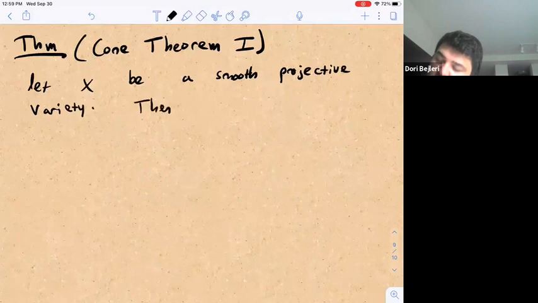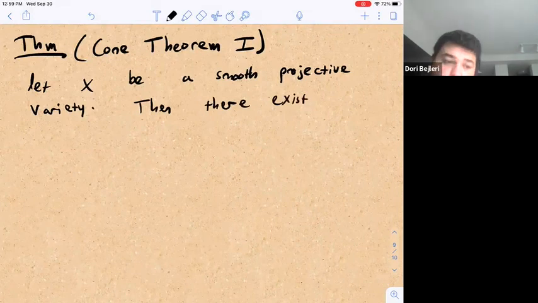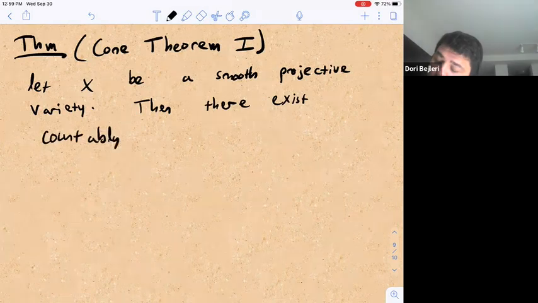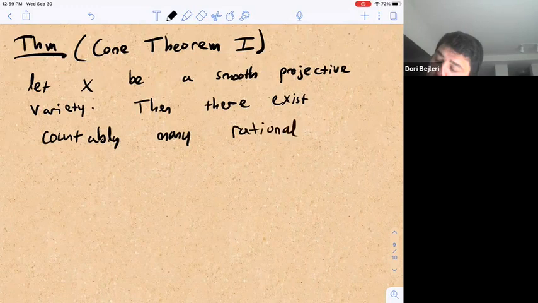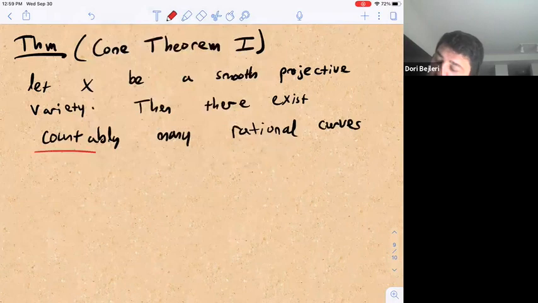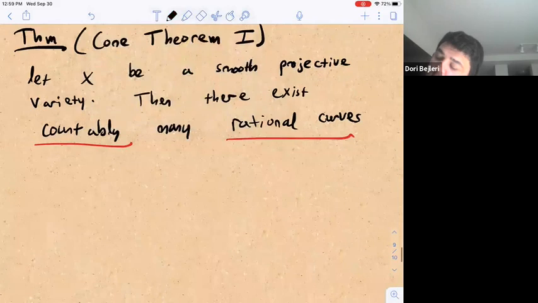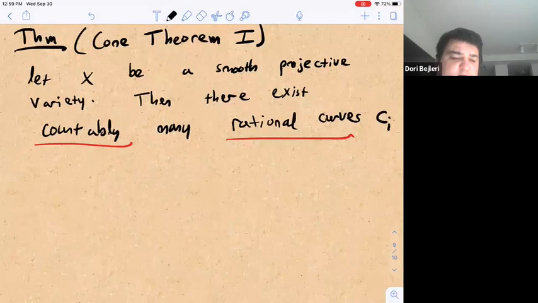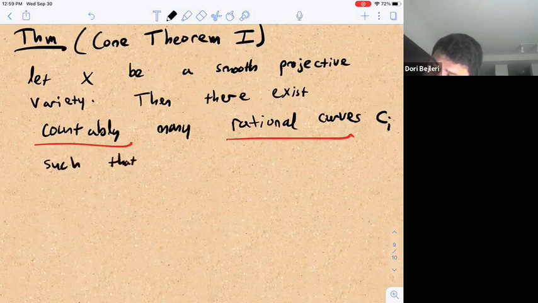Then there exist countably many curves, and not just any curves, but rational curves. So the two important points are that there are countably many and that all these curves are rational. Let's index them C_i over the integers, such that